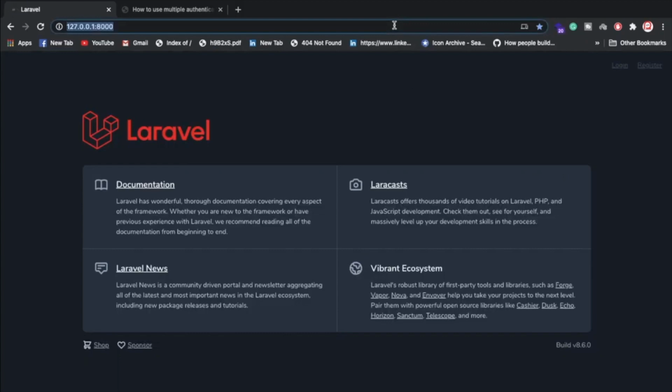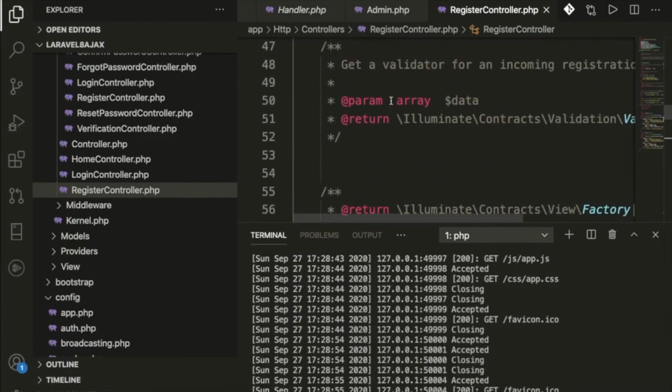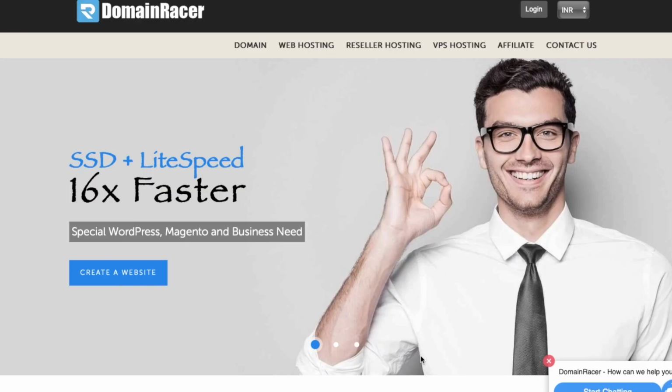So how this is working, first of all I'm going to show you my code. Here I have written, and I'm expecting